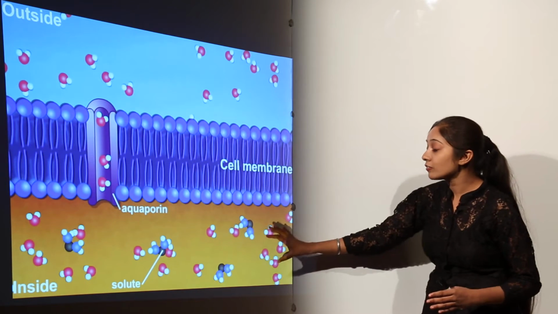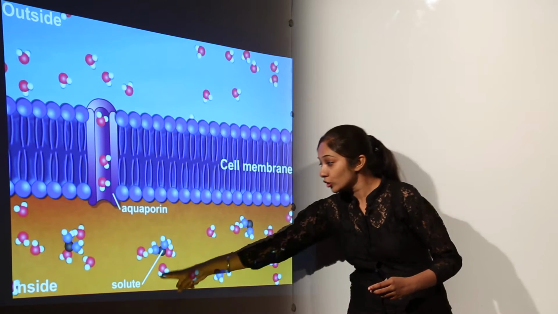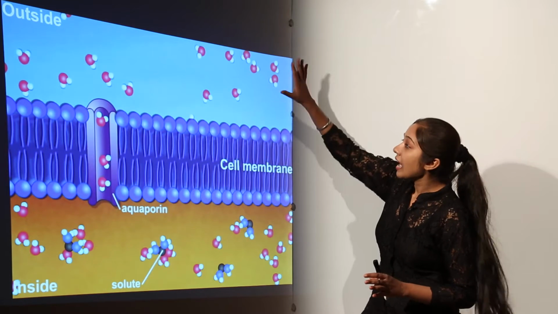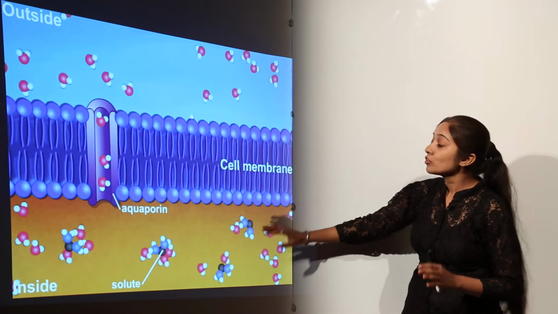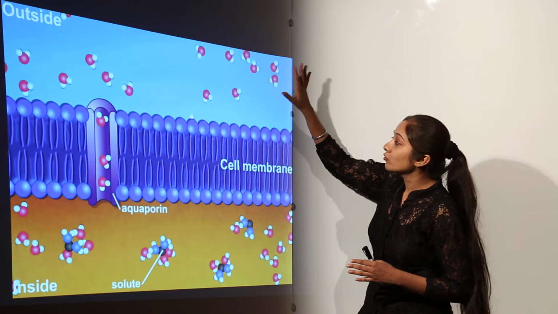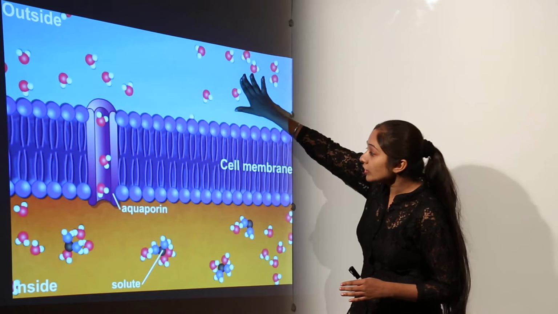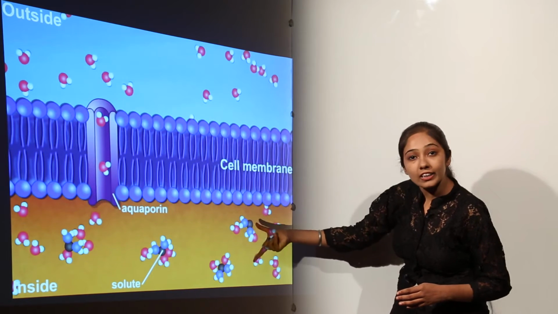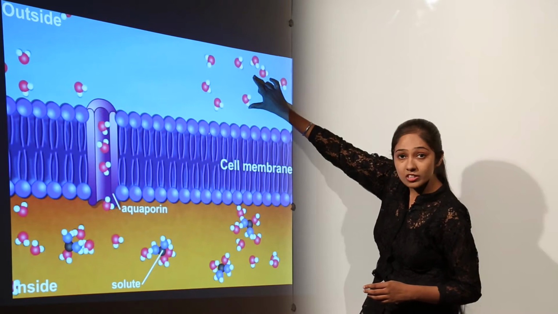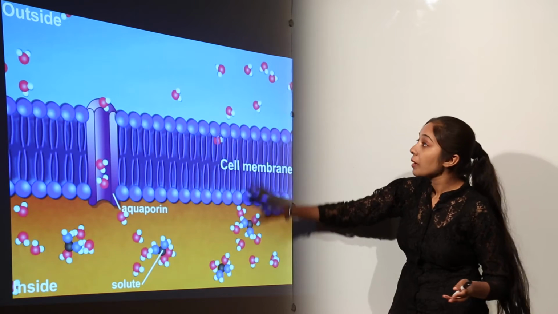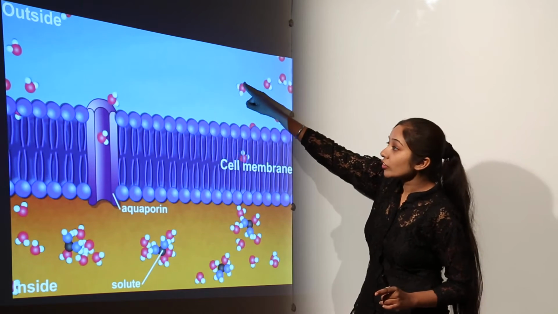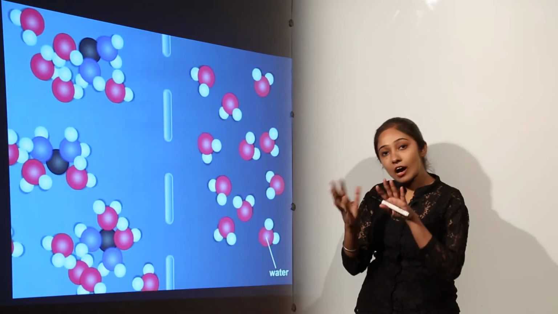inside the cell, and here the water molecules are going to bind to the solute particles in this manner. Thereby, there is a concentration difference of solute particles outside the cell and inside the cell, right. Due to this difference in concentration of solute particles, there will be a net movement of water molecules from a region of lower solute concentration to a region of higher solute concentration. So, this is how the water molecules move from the region of their higher concentration to a region of lower concentration. The solute concentration over here is low, but over here is high. So, it is opposite: low solute concentration, high water concentration, and this is how it moves.